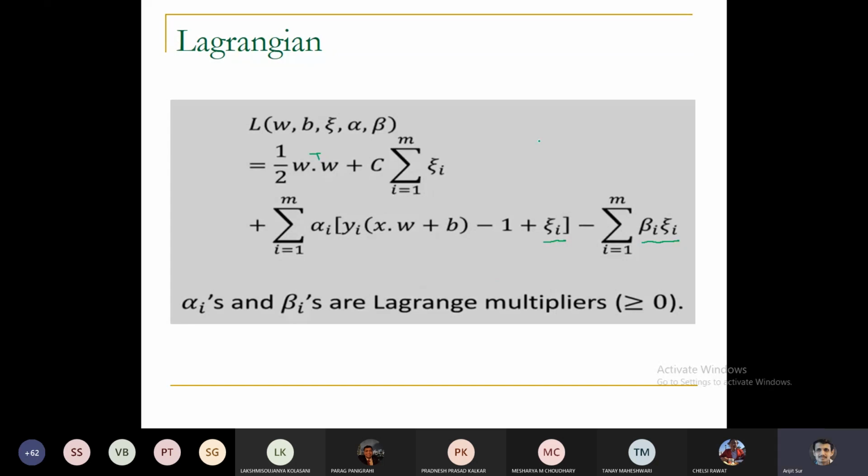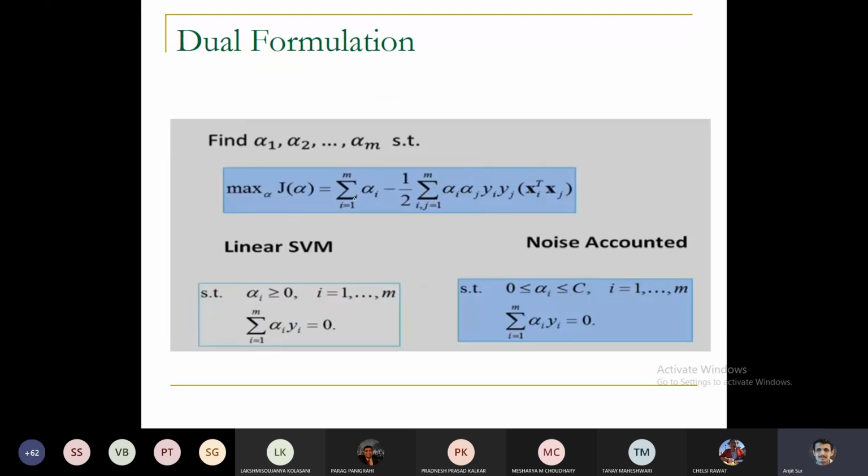So this is the formulation. We make this constrained optimization problem into an unconstrained optimization problem like that. Now, the same thing, we put the dual formulation. Find alpha 1, alpha 2, up to alpha n, the Lagrangian multipliers, so that the minimum of the primal is basically the maximum of this. That is the dual problem. So the maximum of J(alpha) is the sum from i equal to 1 to n, the total number of data points, of alpha i